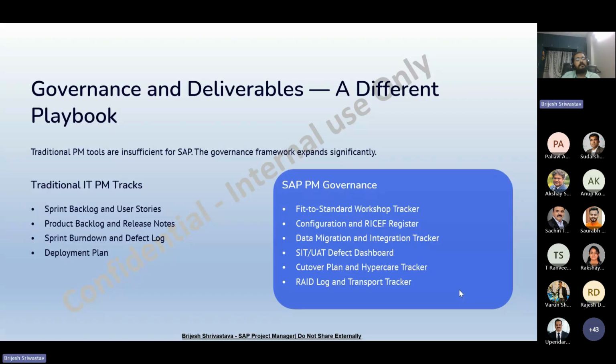Yes. So here, of course, if we understood the proper scope from day one, and during MM we receive a requirement only for MM, there is no integration with SD or any other module, then definitely we don't have an issue. Yes. Okay.